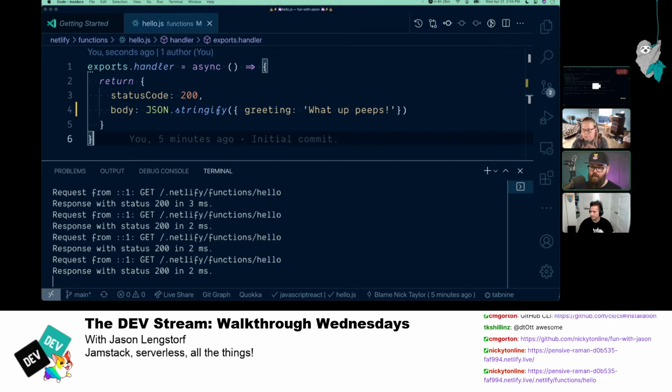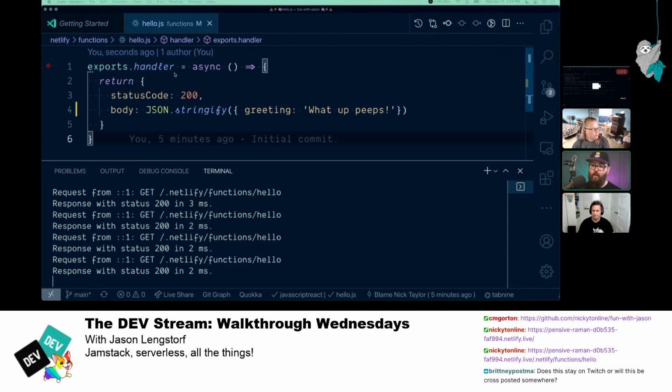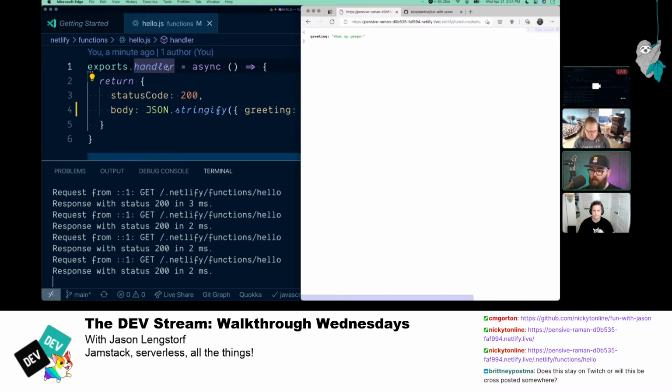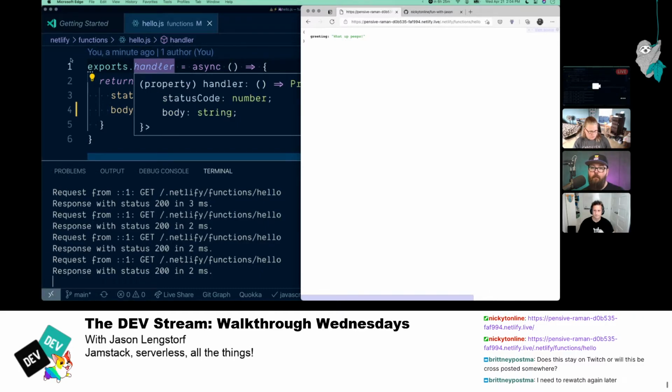Most headless CMSs have a webhook for when you update a post. That webhook can be a serverless function, and you can use it to kick off a new build of your Netlify site, or post something in Slack, or whatever you want to do. It's really powerful stuff. And when you're developing those, this approach lets you test it locally without having to deploy it every time, which is a really nice flow.